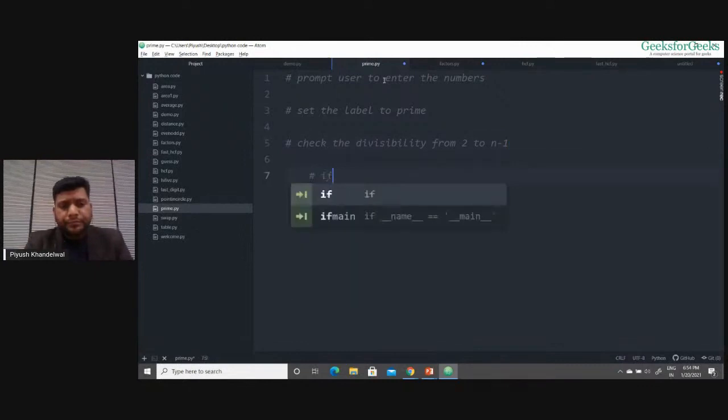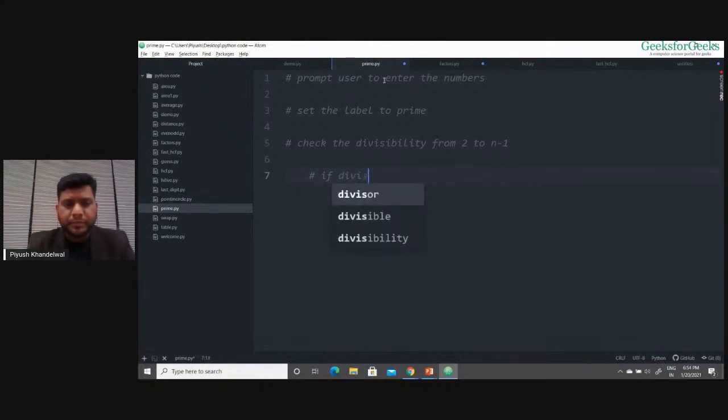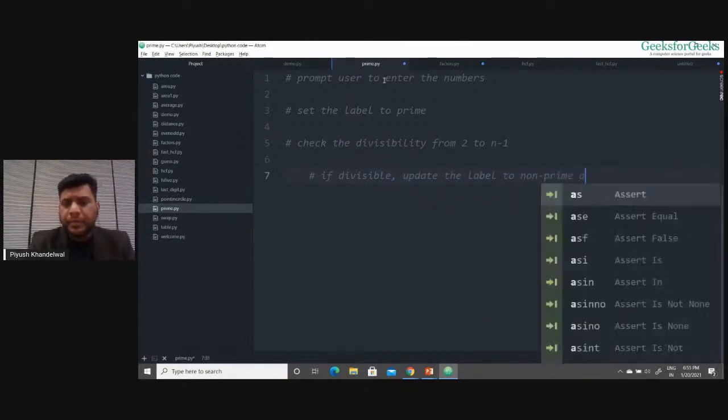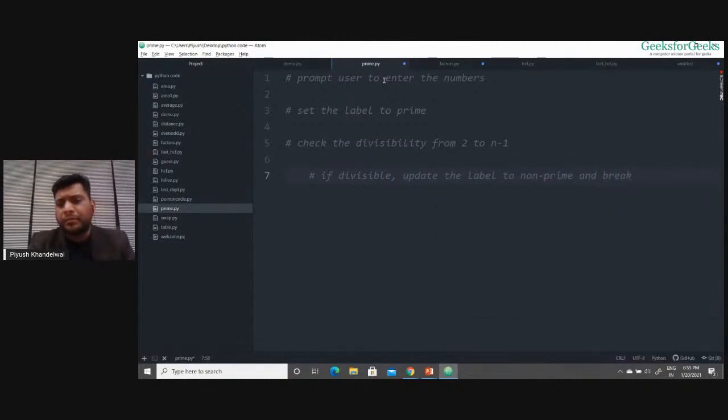If I find a divisor, if any number from 2 to n minus 1 divides this number, what will I say? If divisible, update the label to non-prime and break the loop.